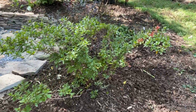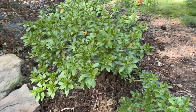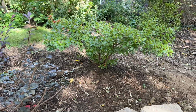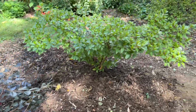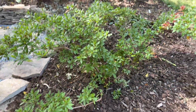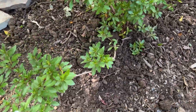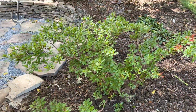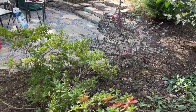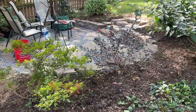This azalea is kind of lopsided. It looks wider than it is deep, for sure. And this feels like it was the back. There's not much growth down here, and then most of the growth is on this side of it, which probably used to be the front. But I think the shape of this, first of all, it can be changed. I can easily take off this whole branch if I wanted to, and I can shape the whole thing up. And also, though, I like the shape that it is, and I like that it's kind of more natural and